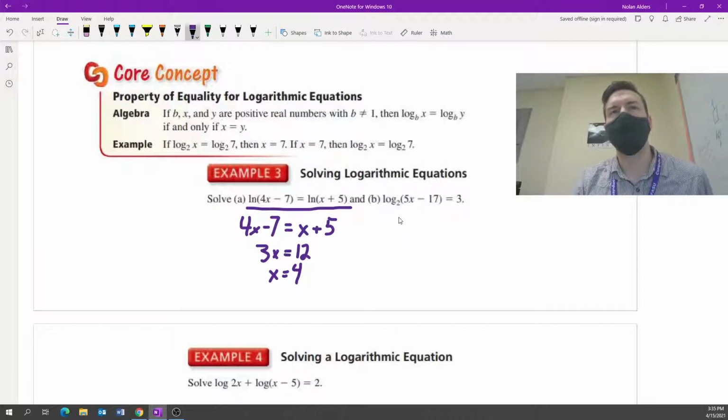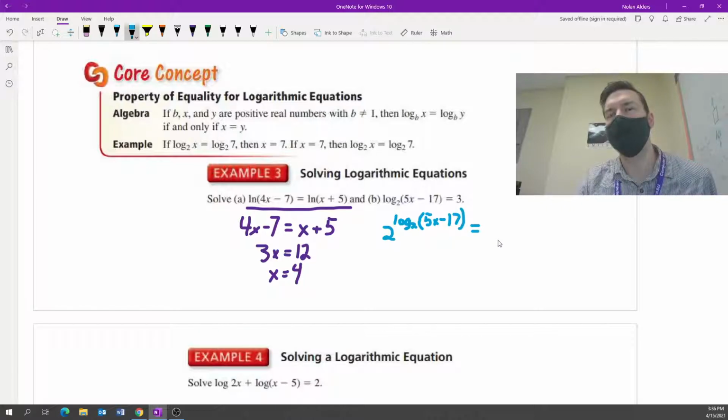Now the trick for part B is we are going to set the base. So we're going to set this whole thing as an exponent with a base of 2. I'm going to show you why here in a second. So we're going to do 2 to the log base 2 of 5x minus 17